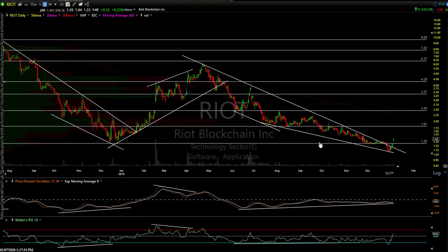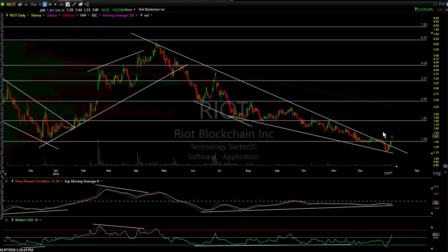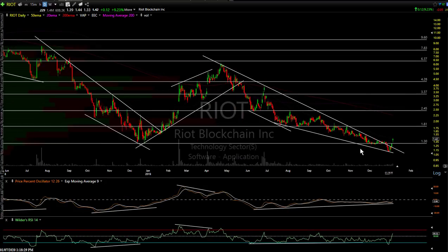And GBTC is what I call a direct proxy for the trade, because it tracks Bitcoin price. It's technically not an ETF. I don't believe they categorize it that way, but it works the same way. The only difference is it'll trade at a premium or a discount to the price of Bitcoin, but that's what it's tracking. Where these are companies, and they're not holding a basket of Bitcoin. That's not what they're doing, but they are involved in blockchain technologies, cryptocurrencies to some degree or another. And I could tell you, I've traded them long enough to know that they tend to trend along with it.